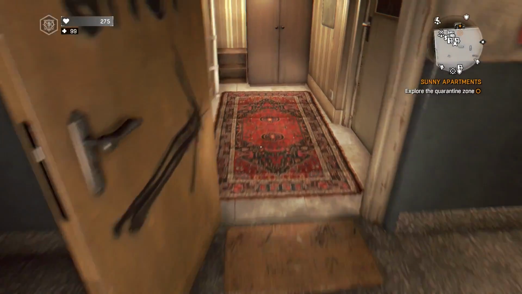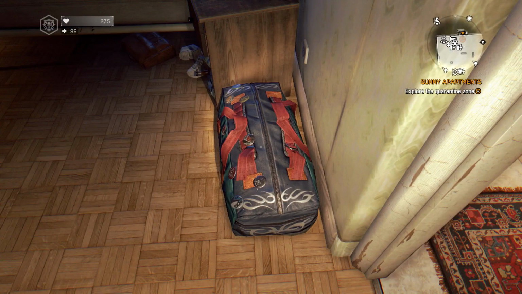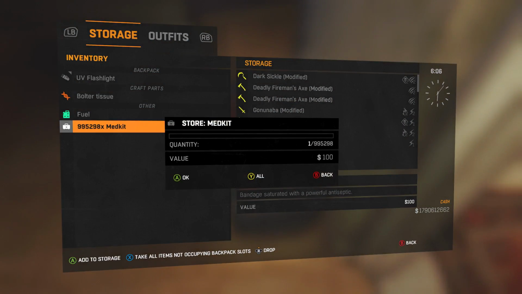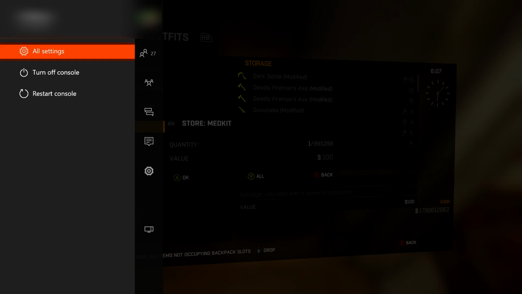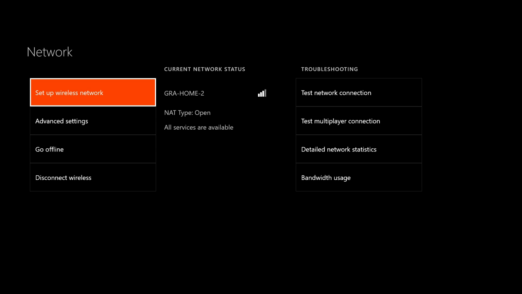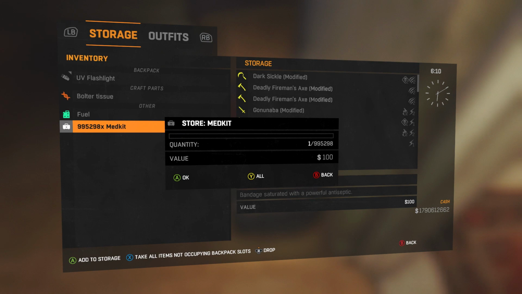Alright, so let's go ahead and try this again. Going to go and add to storage, double tap home, navigate over to settings, network settings, go offline, come back, and there you go. I accepted it pretty much the exact moment it appeared, and now the menu stayed,